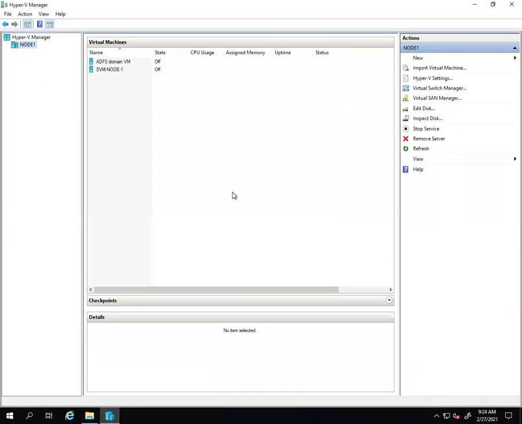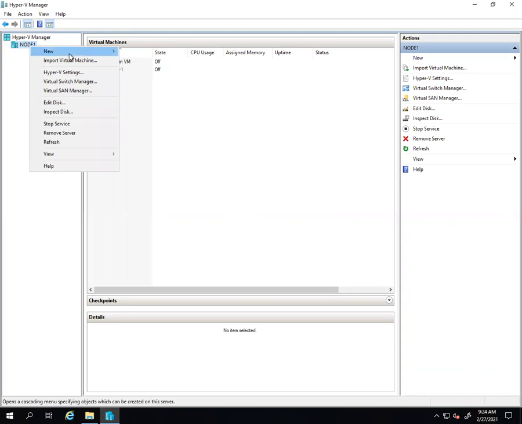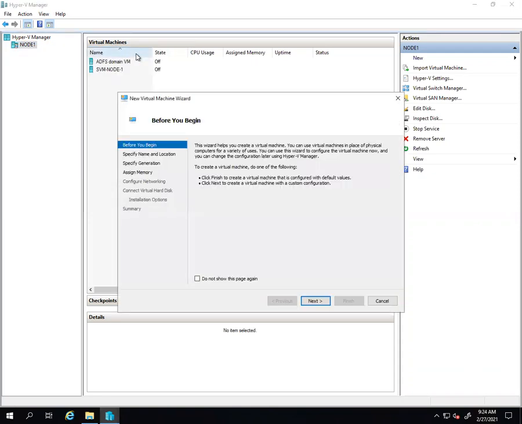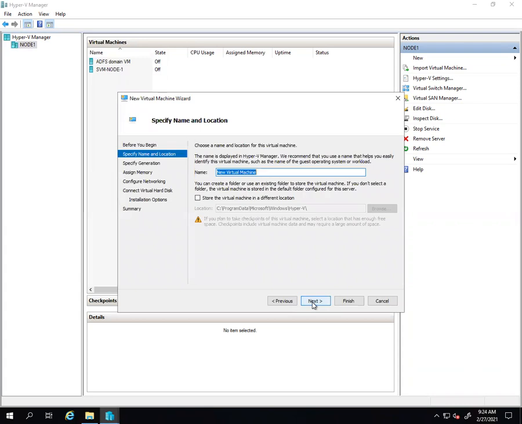Here you can see that we have a node 1 host available. Just right click on it and we can select the new option, and from this option we can create a virtual machine inside our host. So click on this option and simply go with the next option. Here we can put the virtual machine name. So I'm going to give the name,